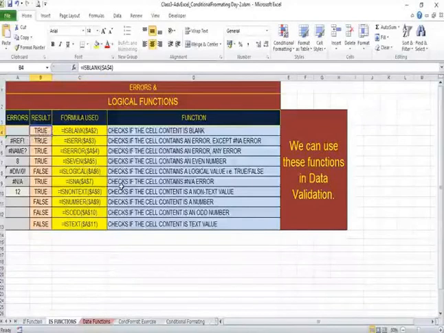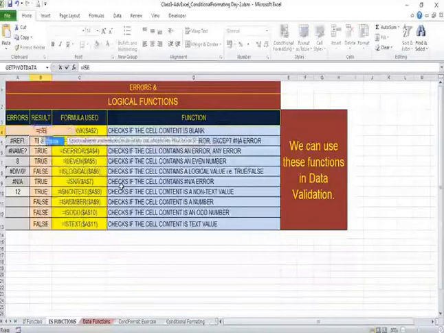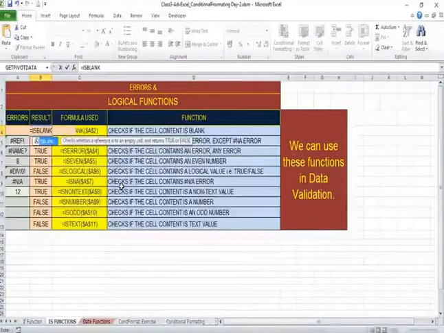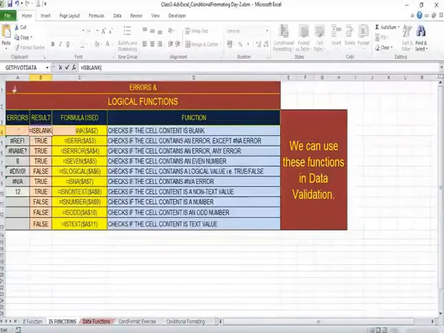So if you write here equal to ISBLANK, bracket, this cell. Clicking is not possible, so we will write the address of this cell. So it is A4. So let's write A4 and press enter.